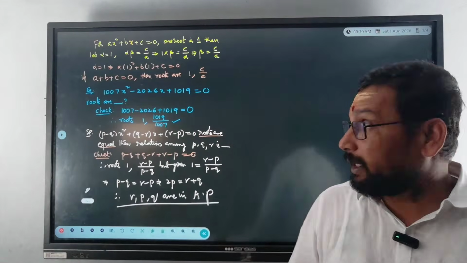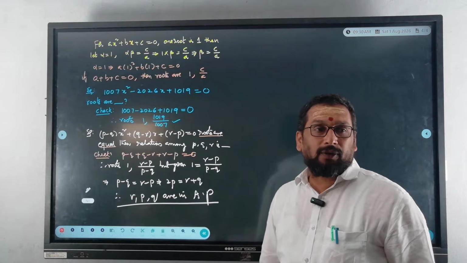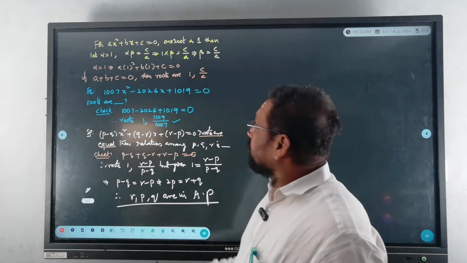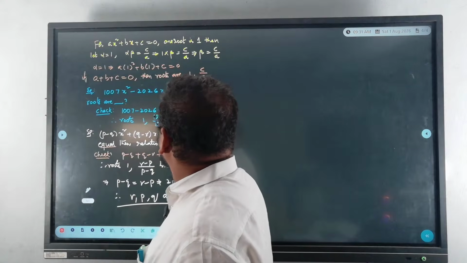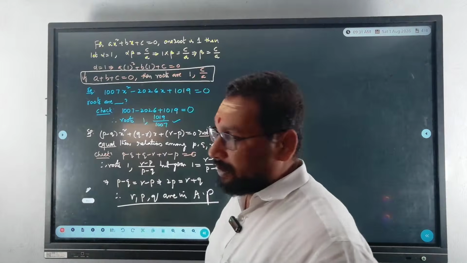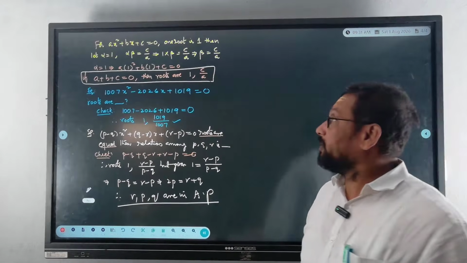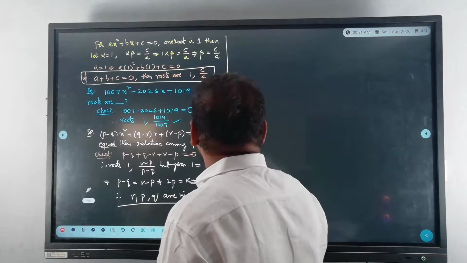Understood? So what is the concept here? If sum of coefficients is 0, roots are 1 comma c by a. That's what we have to observe. Next,